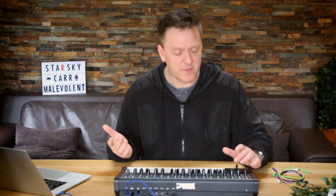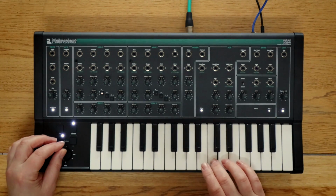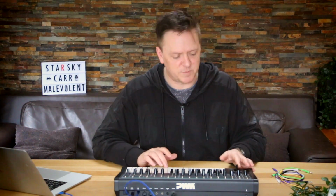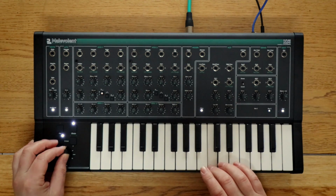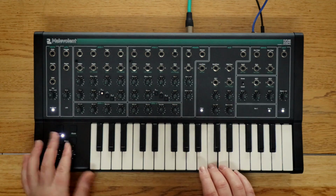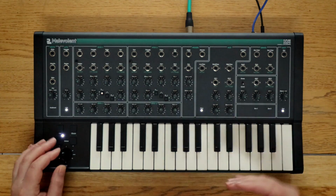Things like hold the ARP and vibrato when you turn it on, you get an A at 440 Hertz, so you can tune it. The vibrato mode itself is pretty interesting. Put it on. So that's a digital LFO, and you increase the amount of vibrato with the joystick, and you also increase the speed by moving the joystick. The joystick normally will be pitch bend, or the glide speed. And the pitch bend range